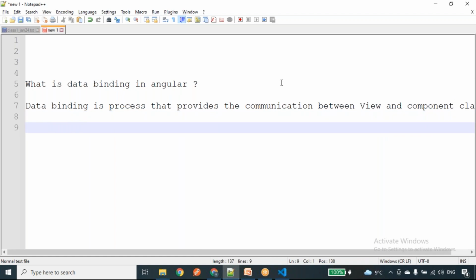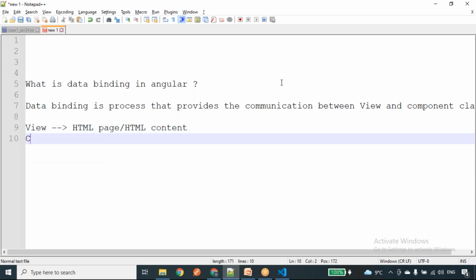So, basically, if you want to communicate between a view and the component class, here what is meant by the view? The view is nothing but we can consider it as an HTML page, or HTML content. Sir, what is a component class?